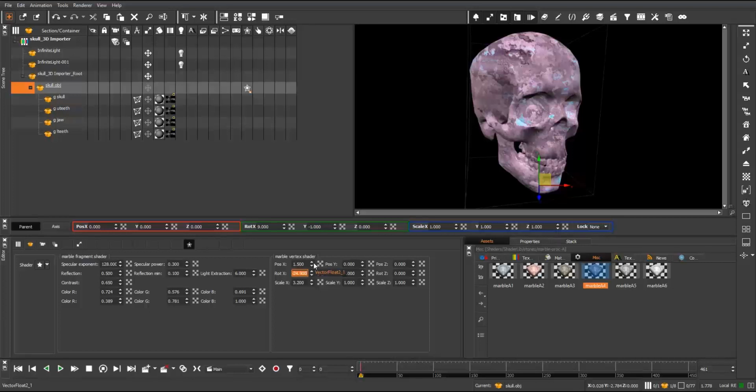So all of these materials can be applied to pretty much any scene object that you want to use, whether it's text, a floor inside a virtual studio, and can really improve the look of your geometry and your models